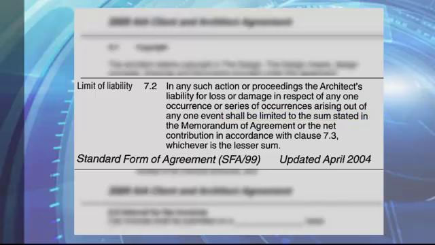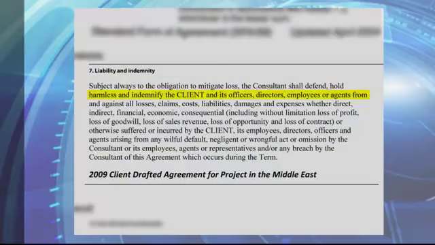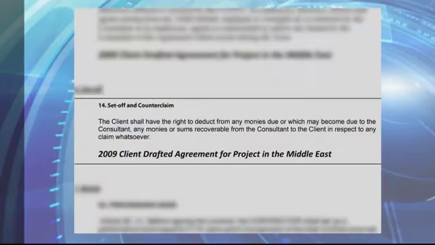Similarly, it's unreasonable to enforce clauses which either extend the architect's liability beyond the architectural scope or hold the architect responsible for issues beyond his or her control. Indemnity clauses often seek to do both of these things and therefore need to be removed or restricted. Retention and set-off clauses are also examples of unreasonableness in an architectural contract. Any clause that undermines the architect's entitlement to appropriate remuneration for services should be removed or restricted.